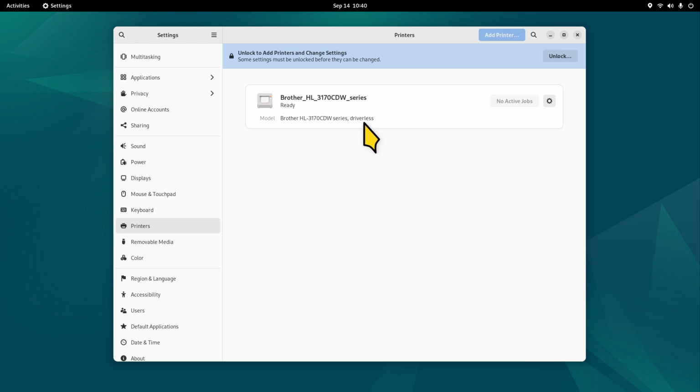Driverless printers is the way to go in my book. I've discussed 2 videos so far if you're trying to pull your hair out trying to install printers. I recommend driverless. Brother, the reason I use these printers is because of the fact that they just keep working. This is a laser color printer, by the way. So it's ready to go. I can print from it. All right, so